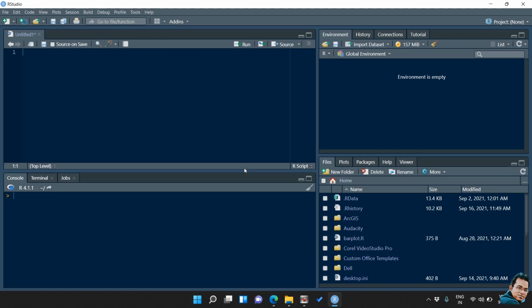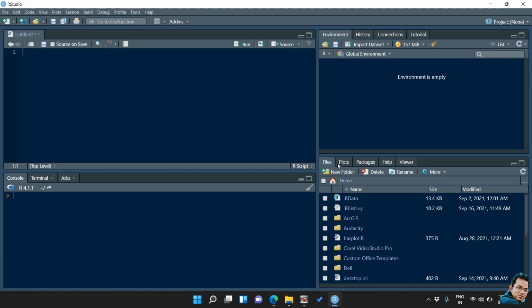So when we open the RStudio app or software, this is the first interface that will come on your screen. Here we learn each and every component of this interface one by one. This is the default interface of RStudio. If you don't find that your interface looks exactly like this, then you can change it manually. So first of all, we learn about the files pane.